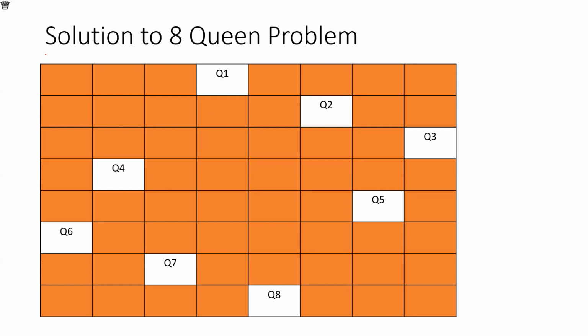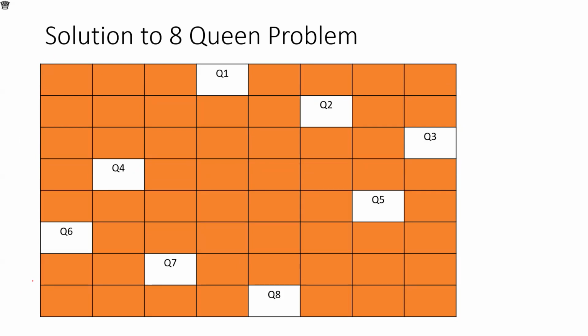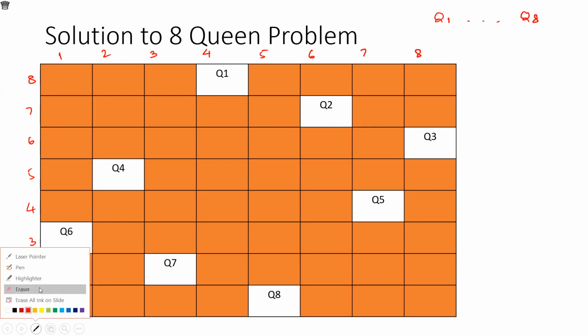So just try to understand how we are basically trying to remember the solution. So how to remember this solution? Because if you try to learn this by heart, then it is slightly difficult. So if you check, I'm writing the rows and columns across each cell, and we have 8 queens, q1 to q8. Okay, so there are 8 different queens which are to be placed, and they are to be placed in